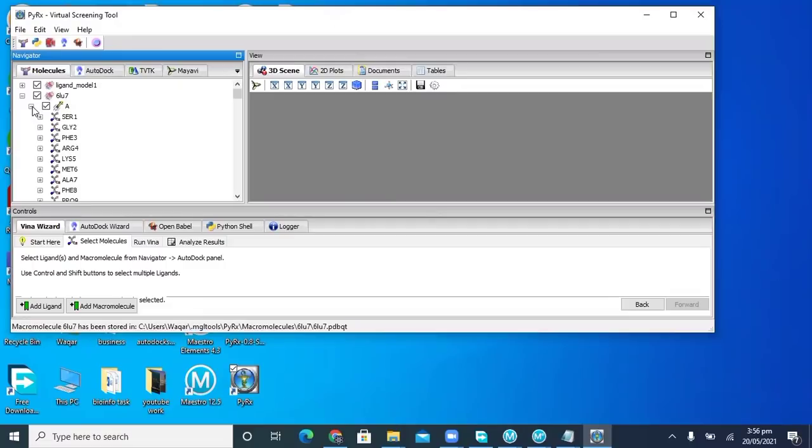Its first active site residue is 41 histidine, and we will control and click with the mouse. It will be selected. The other active site residue is 145 cysteine.